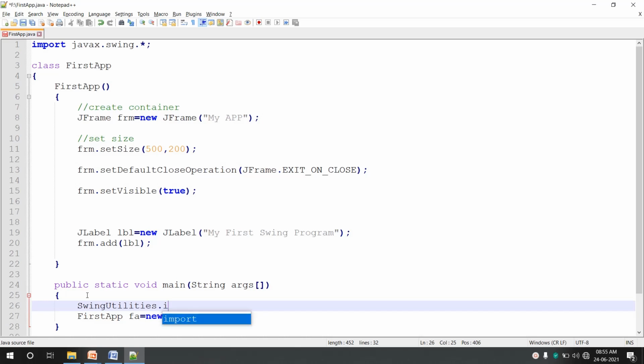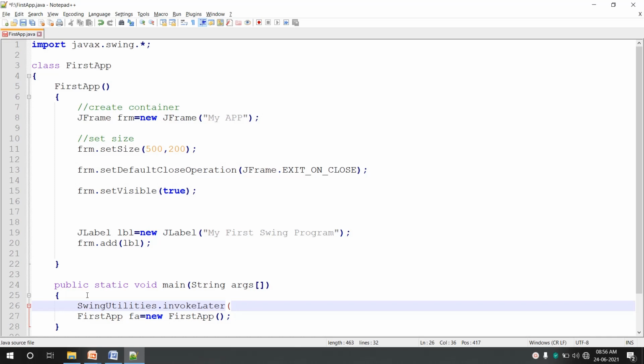We will use invoke later, and in bracket we have to send a runnable object to it. The runnable object which calls the constructor of a class, or the runnable object which creates a GUI, that we have to pass here. So what we can do, we can create that object anonymously inside the argument list of invoke later.